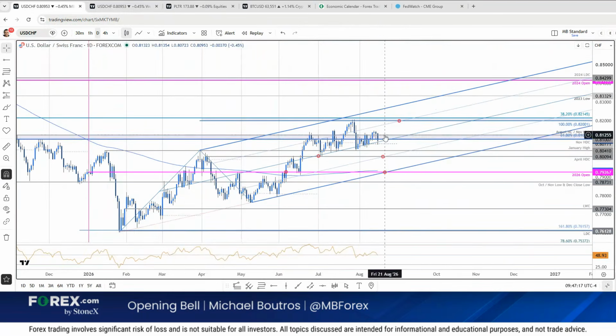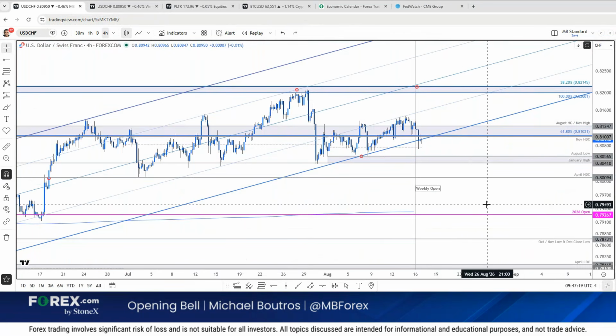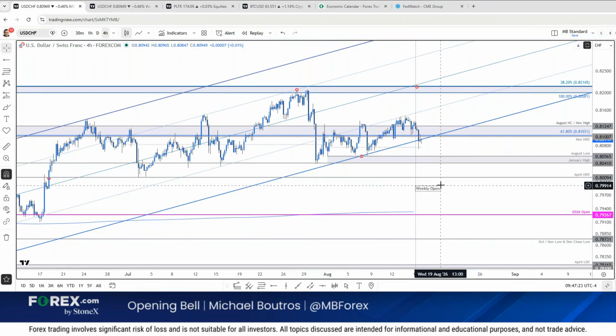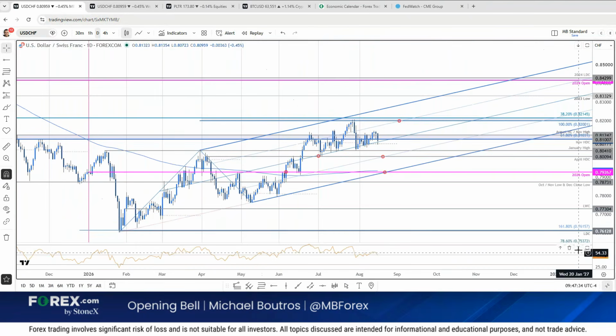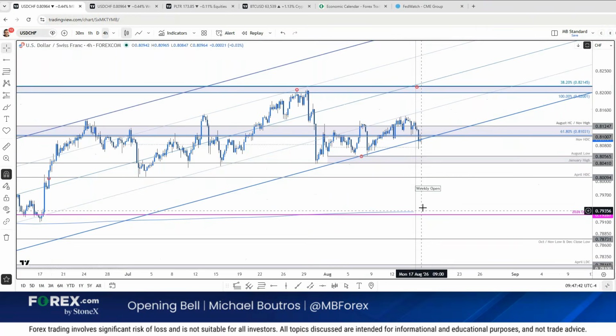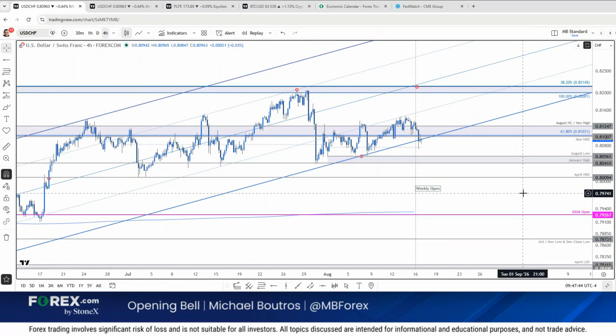So you drill down to the daily chart, and it kind of just highlights, hey, we need to see a break. Either below 80.41, which is the January high and the monthly range low, to get this thing going. You're looking for 80 proper. The yearly open and 200-day moving average are down here. Or if we breach above the monthly range high, that 25% parallel, it's back up to 82. 82.14 is exactly where we caught the highs. We nailed that last month. That's the pivot break you need to mark resumption of the uptrend. So patience is warranted here on dollar Swiss, but it's contracting within the monthly range still.